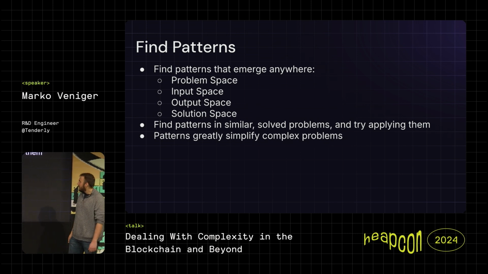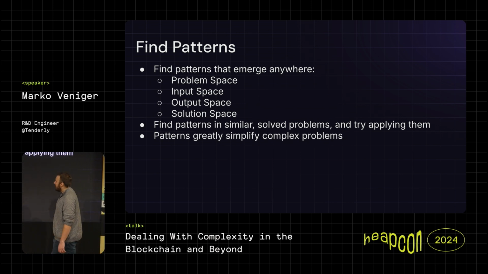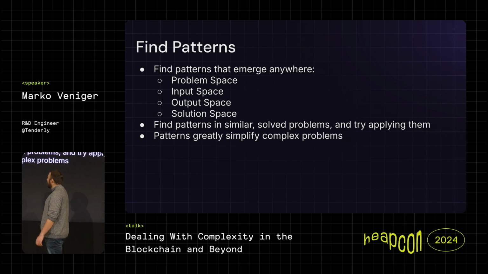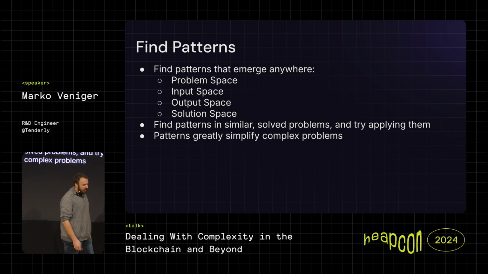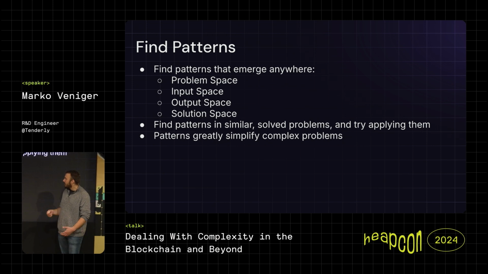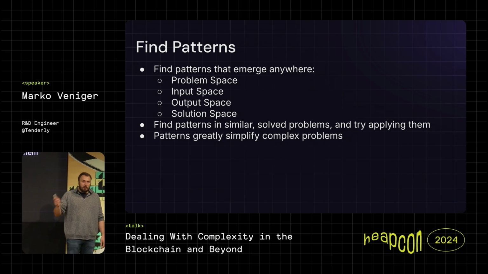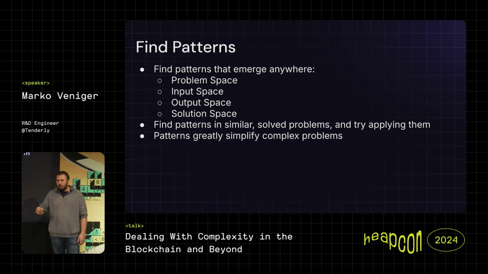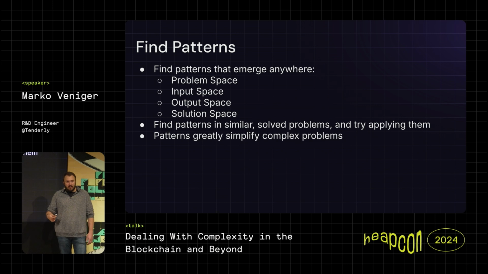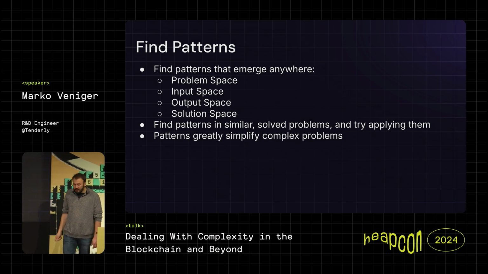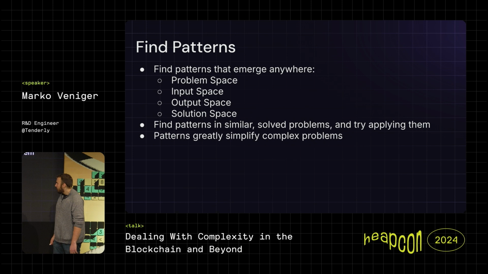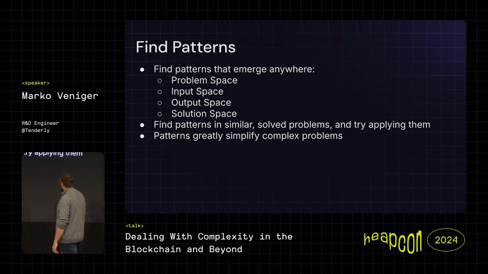And also the solution, and I think this is the most important part. I think this is the part that you're all familiar with. You're writing some program, you're writing some solution, creating some machine, and you often find yourself creating the same thing. Once you do that, you don't want to continue doing it again and again and again. You have to figure out, okay, what's the pattern that's causing this specific code, or this specific thing that I have to do every time, and see if you can solve for that. And yeah, finding patterns in similar or solved problems can really be a good way to do that.